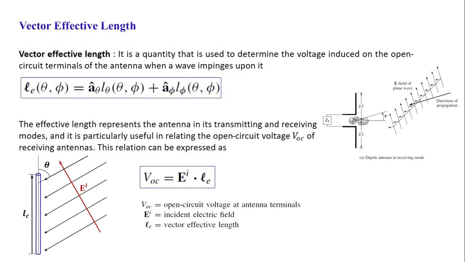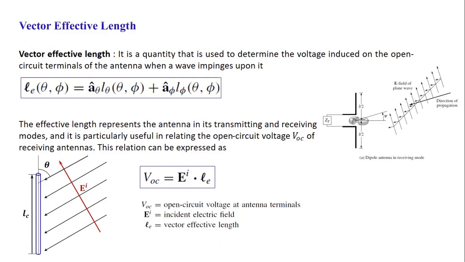So an antenna in the receiving mode, whether it might be a wire antenna or a horn antenna, aperture antenna or array antenna, is basically used for collecting the electromagnetic waves and extracting the power from them, right? So for each antenna, an equivalent length and a number of equivalent areas can be defined. In this lecture we will focus on the antenna effective length and the different areas that are associated with the antenna, and the relation between the antenna effective length and the antenna's effective aperture.